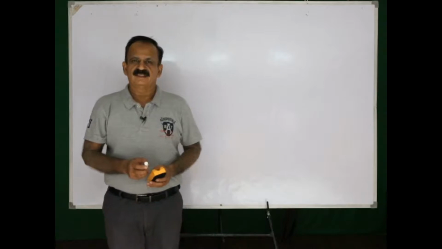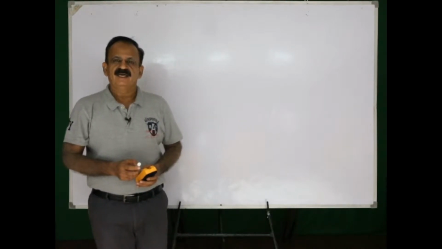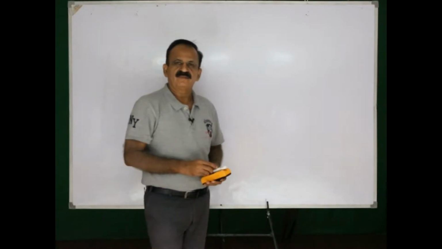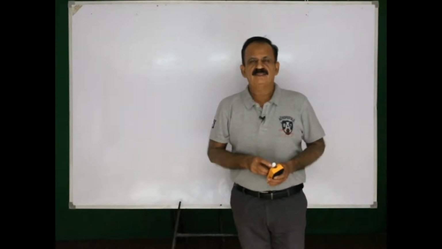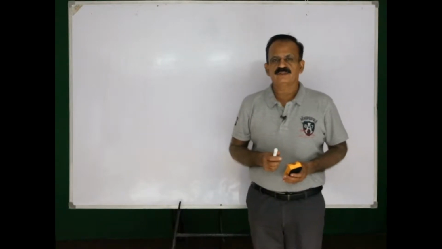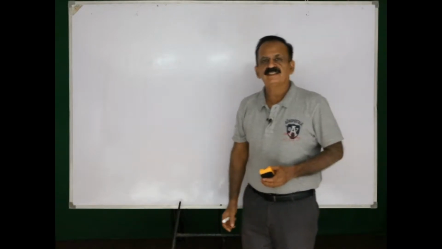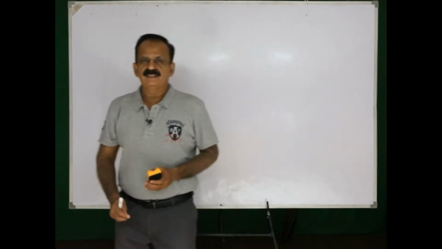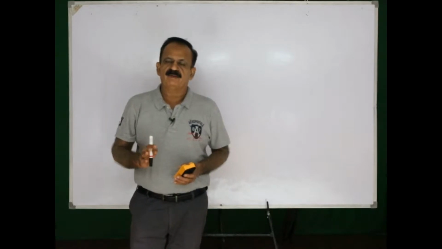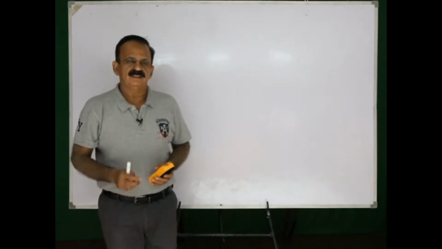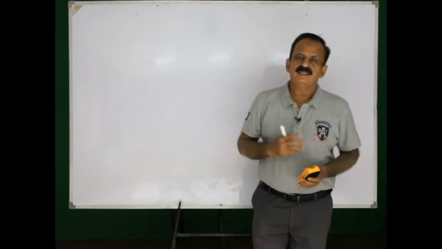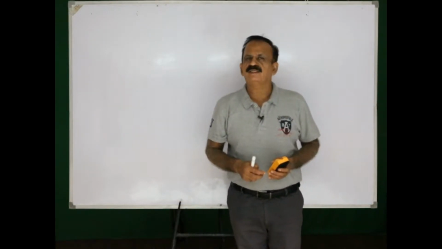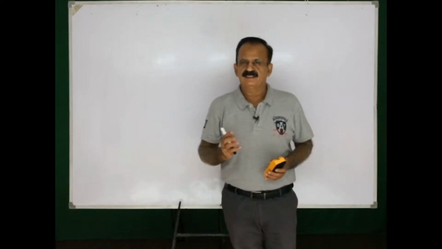The topic of discussion of this lecture is half adder and full adder. These half adder and full adders are combinational circuits. As we know, combinational circuits are those circuits in which the output value depends upon the current input value. That means the output value does not depend upon the previous input, it depends only on the current input values. In other words, the memory elements are not involved in combinational circuits.